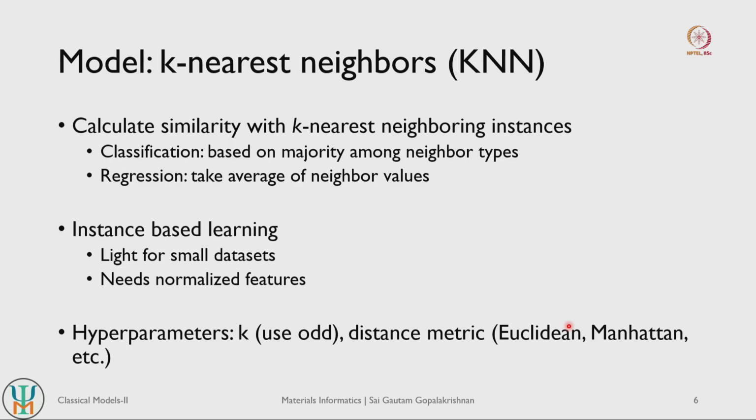This is similar to how we define root mean squared errors or mean squared errors in general, right. Manhattan distance is similar to how we define mean absolute errors, right. So what kind of distance metric we actually use to calculate the similarity between data points is another hyperparameter that we need to consider in k nearest neighbors.